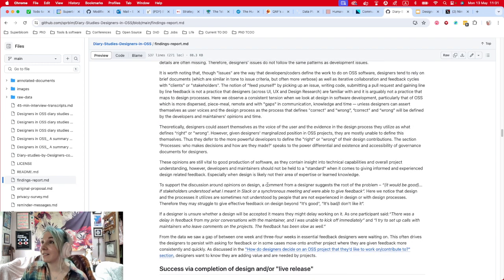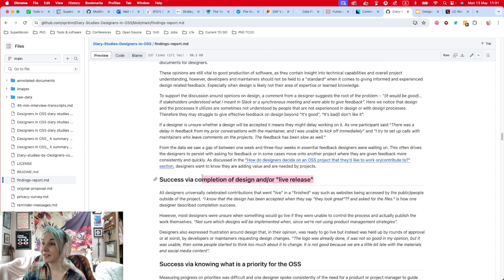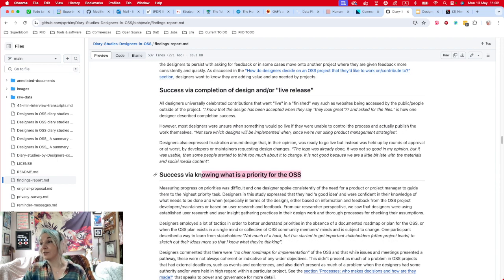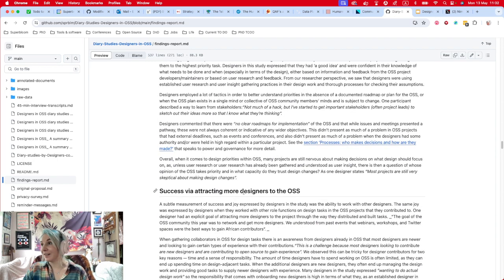But yeah, success, lots of success measures. This is a slightly smaller one, which is about design being successful if it's complete or released, like it actually goes into the open source software. Knowing what priorities are, super successful. There's a lot of conversation, as I've said in many talks about this,